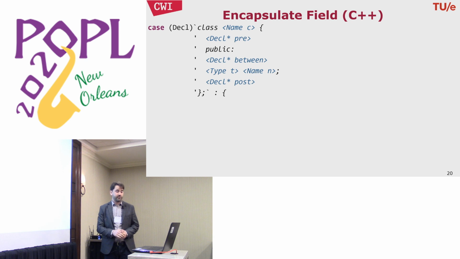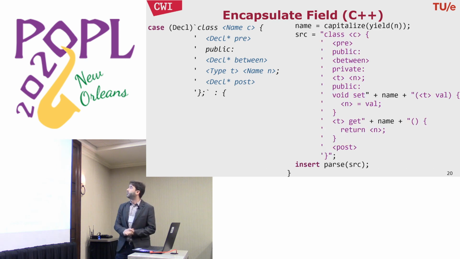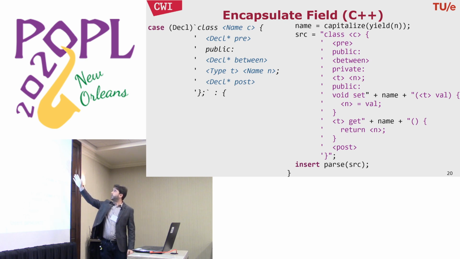So we store them in meta variables. And if this pattern matches against a separator syntax tree, all these variables are bound. And what we do here is we define the new class definition. So what we see here is that the pre, between, and post variables appear again. But now we have this visibility label, and we have a new declaration here for the now private